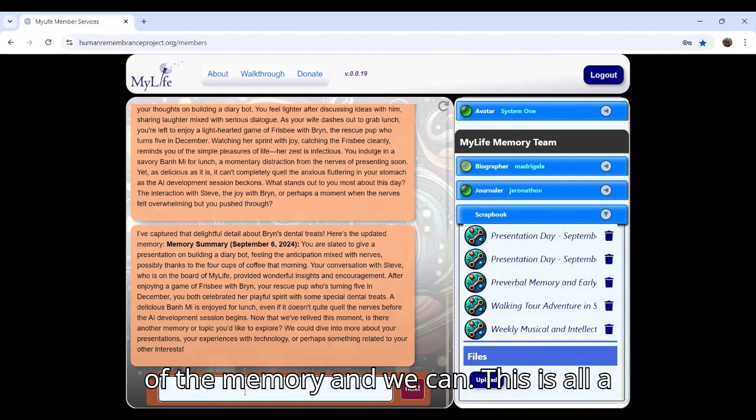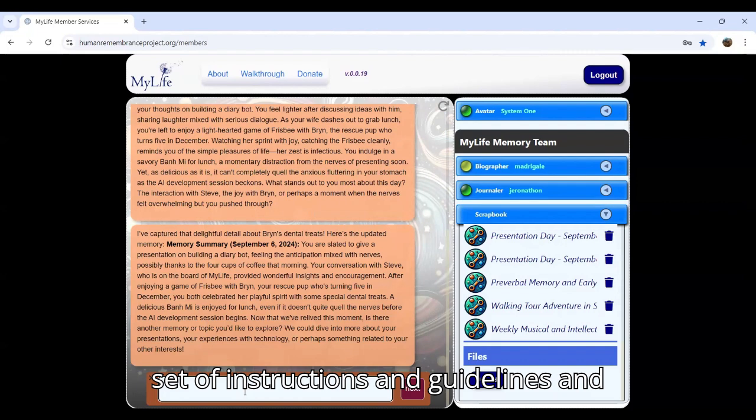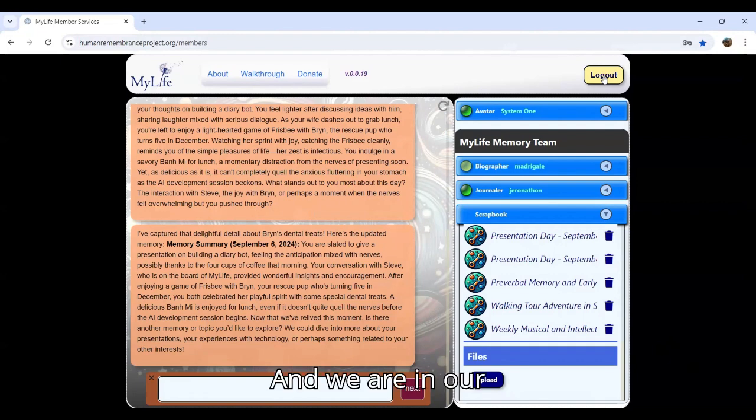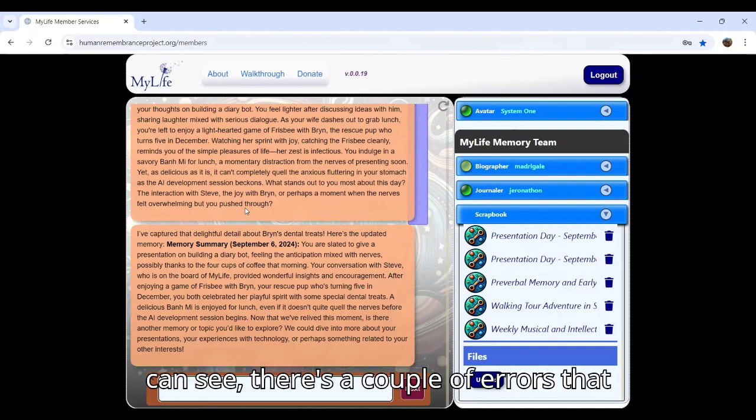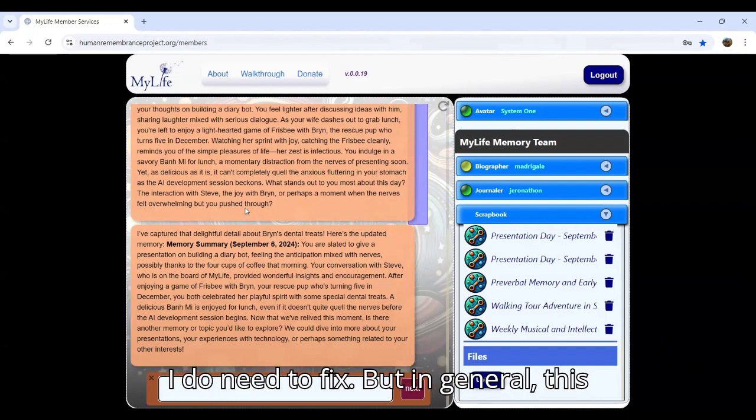And this is all a set of instructions and guidelines and parameters to help the AIs illustrate your story and yet still take feedback on these various elements. And like I said, there are ways to upload files here. And we are in our just pre-pilot alpha stage. As you can see, there's a couple errors that I do need to fix, but in general, this functionality is all in place. And so we anticipate that in October, we're going to run our first alpha